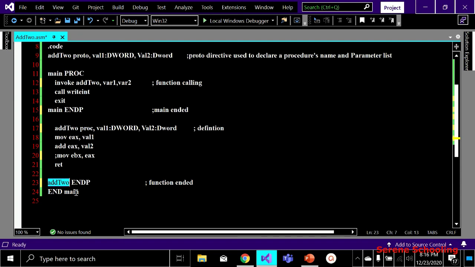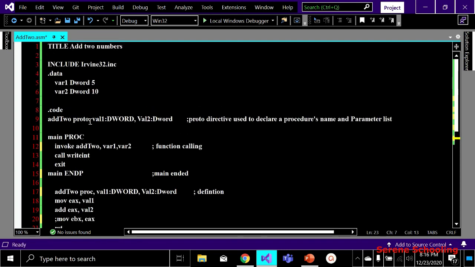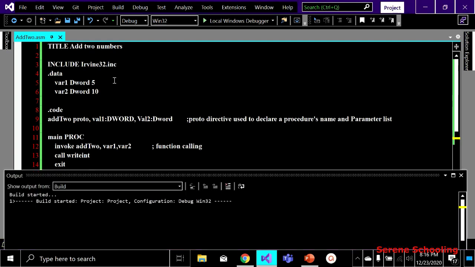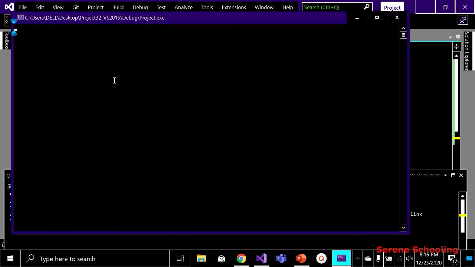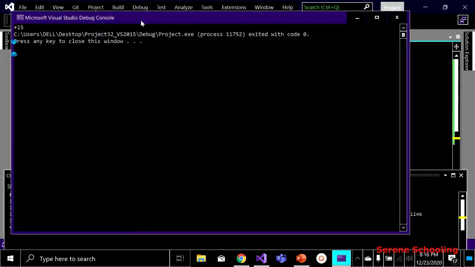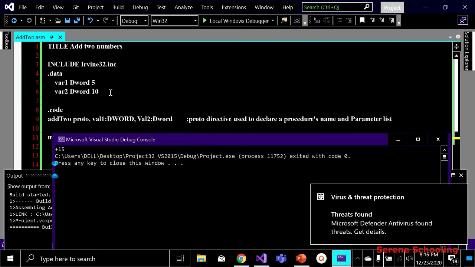Okay, so adding was not a difficult task. What I wanted to show is just the declarations, the prototype, how we call, and how we declare the variables inside these procedures. So you have to take care of these things. Let me try to run it as well and see if there is any error. Okay, so we got our result, 5 plus 10 is 15.